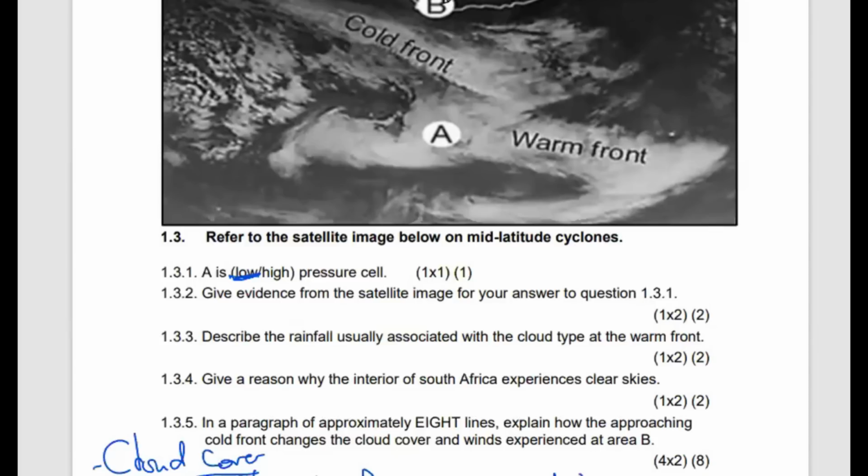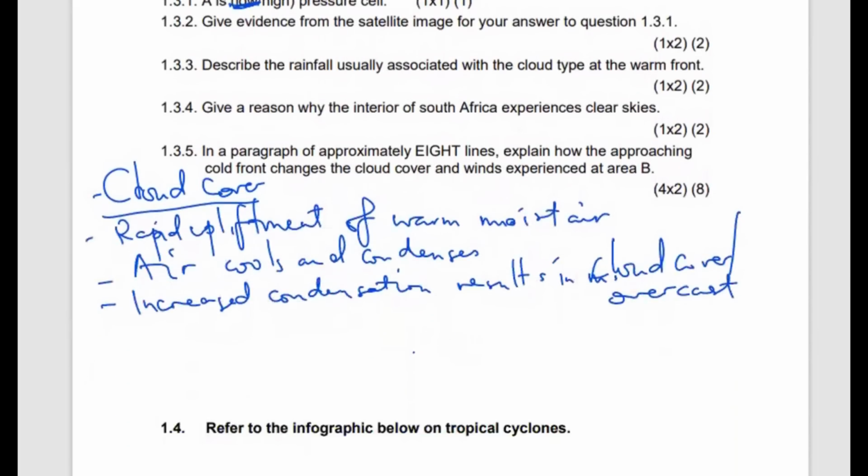Like what I've mentioned earlier, because of the steep gradient of the cold front, it is going to cause a strong upliftment of the air, and that is going to result in towering clouds in the form of cumulonimbus clouds. Right, that is with cloud cover. Then we also need to look at winds. How is the wind going to be affected at area B? Right, with wind, we are saying